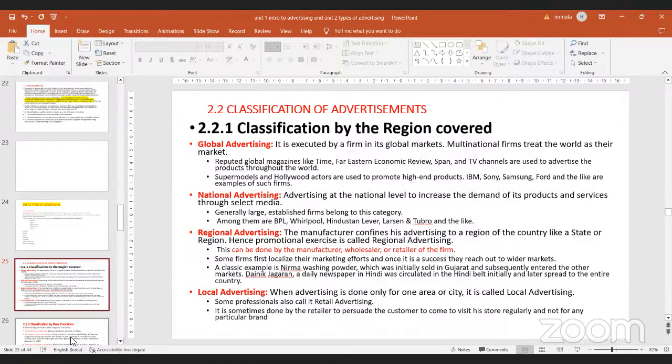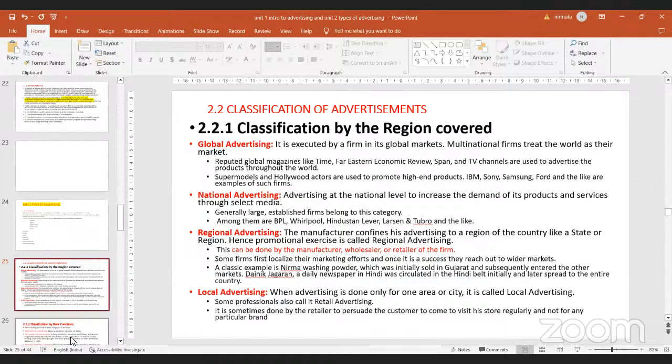So the media, whichever reaches the national level or covers a nation, based on those kinds of media channels, they go for advertising. Generally, large established firms may go for national advertising, like for example Whirlpool, BPL, Hindustan Lever, Larsen and Toubro, and many other companies which may go for advertising at national level as they have consumers or the